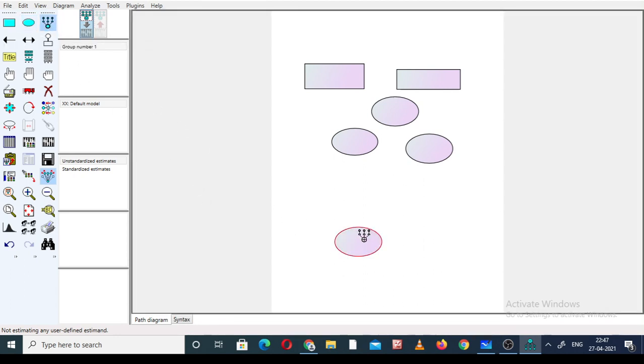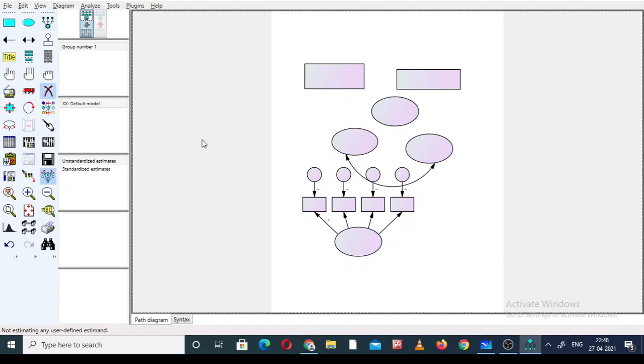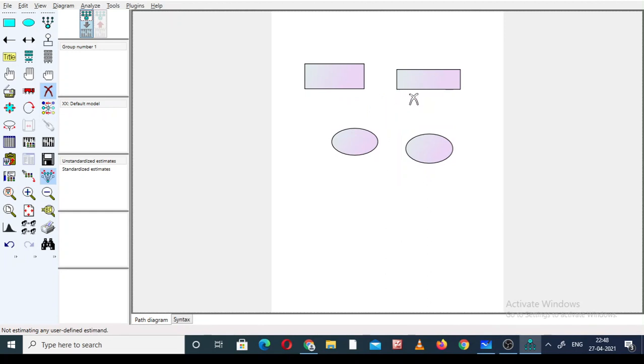This circle is the construct, and these are the statements. Remember it, these are the statements of this construct. So we use all these constructs and statements in the form of plotting in AMOS.